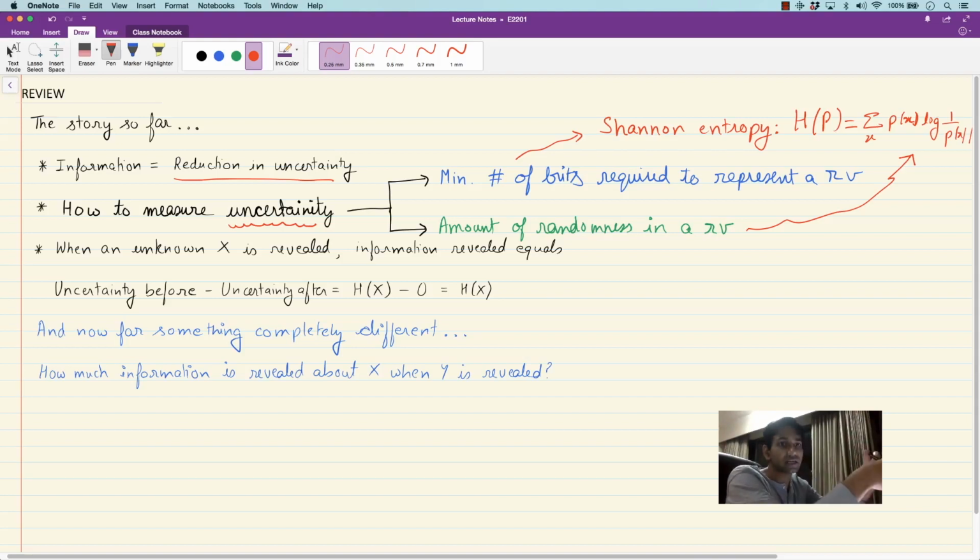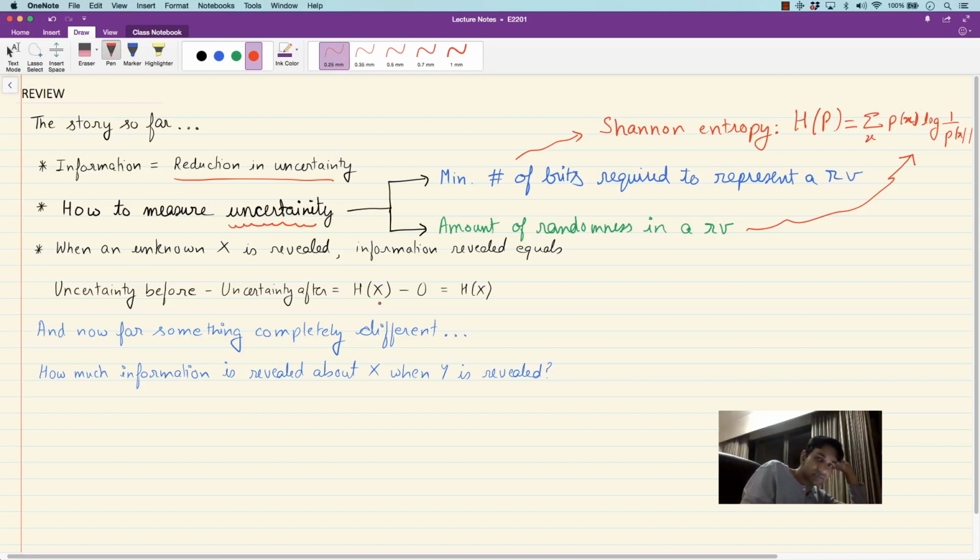And now I reveal this random variable to you. For instance, perhaps you have some probability distribution on who will win the election, let's say the upcoming election in Bihar. Suppose you have a probability distribution which describes that. And when you see the outcome of the election, how much information will be revealed? There is a mathematical way to do that.